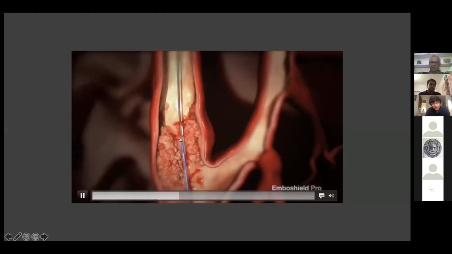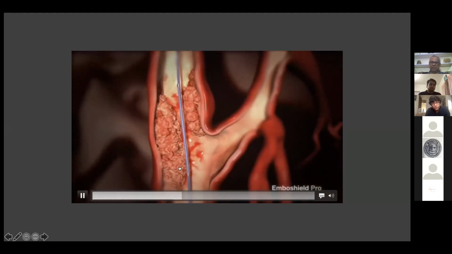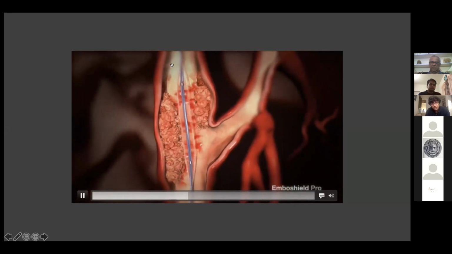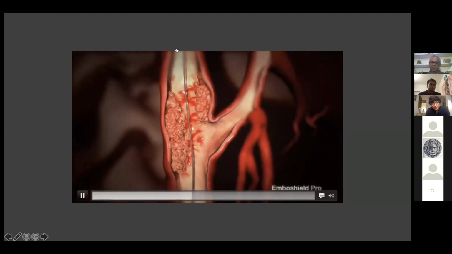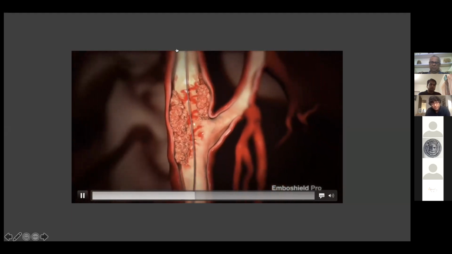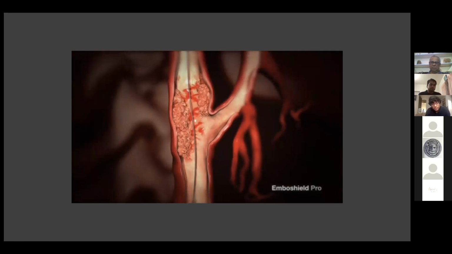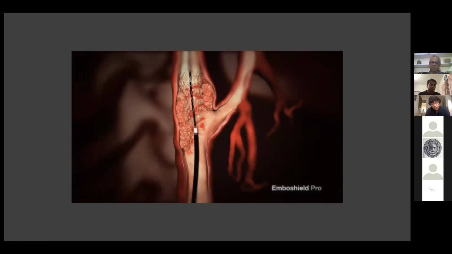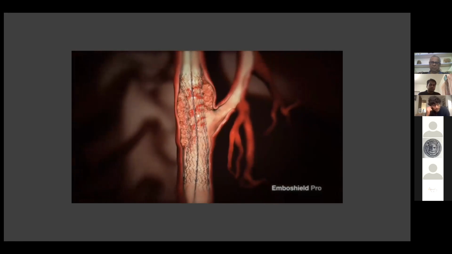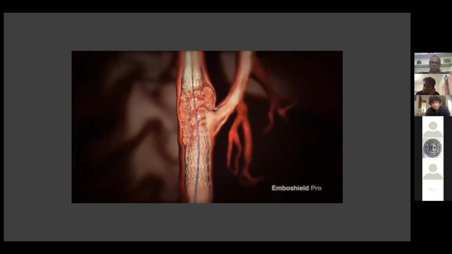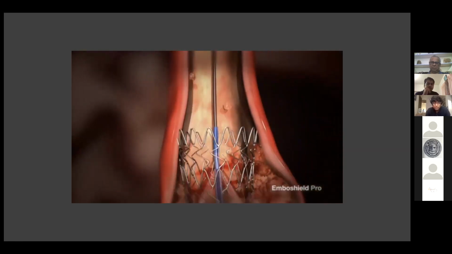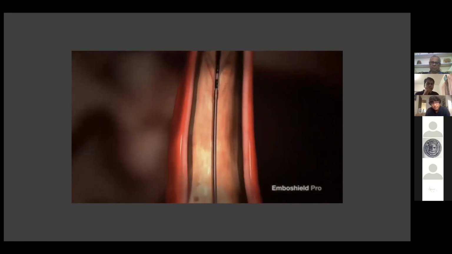And once this filtration device has been deployed, then you can pre-dilate if necessary. This is pre-dilatation. As you can see, some debris is escaping, and this is going to be successfully captured in the filtration equipment. And subsequently, a self-expanding stent is going to be deployed from the ICA into the CCA. And we will discuss details of this stent later on. After this, of course, any residual stenosis can be treated. We normally accept roughly 25 to 30% stenosis in the carotid.